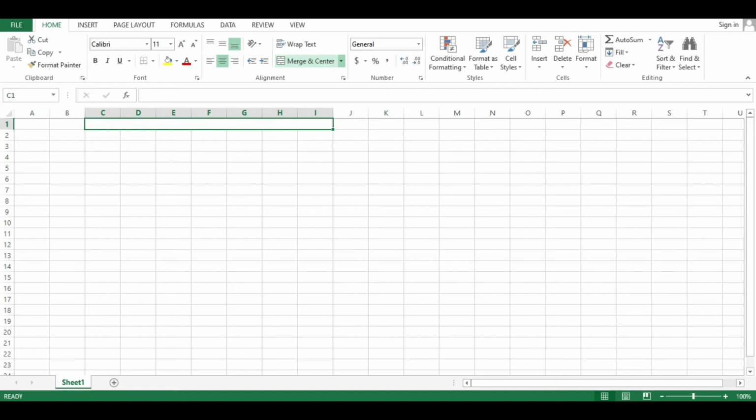Then you click on merge and center to allow you to write in all of them as one. So you title your sheet. This can go as supply sheet or supply book, depending on